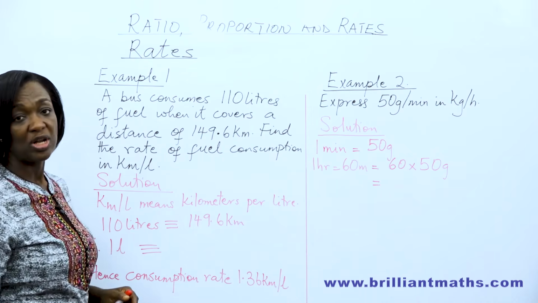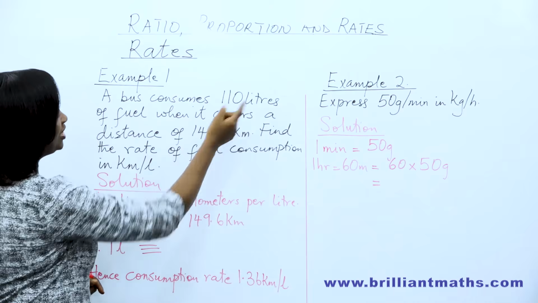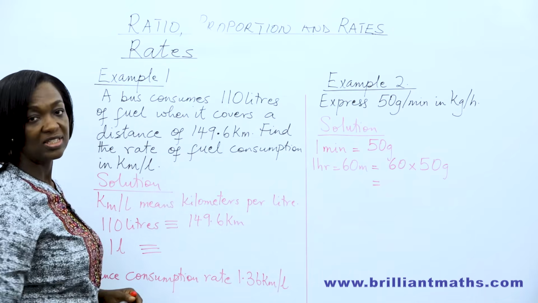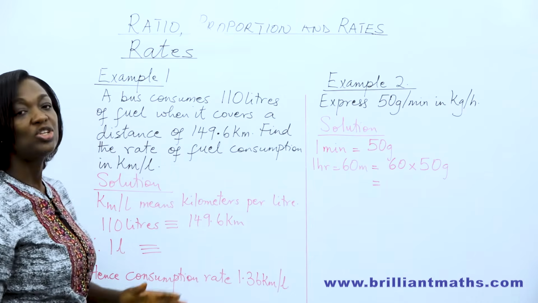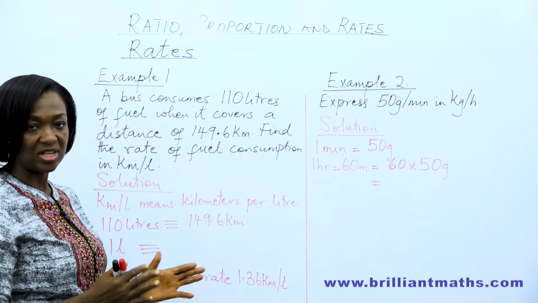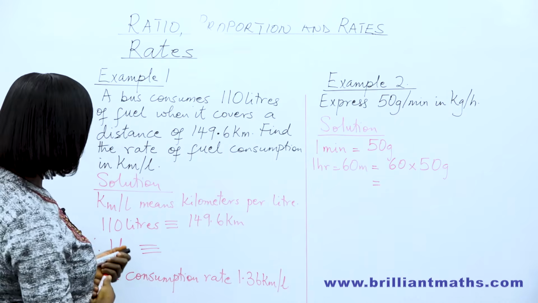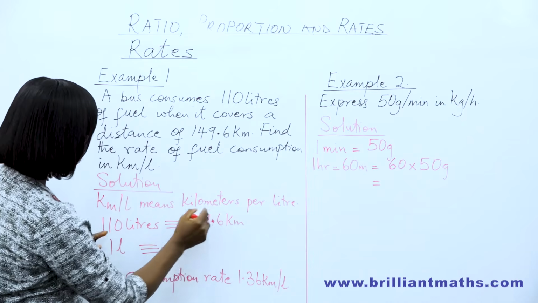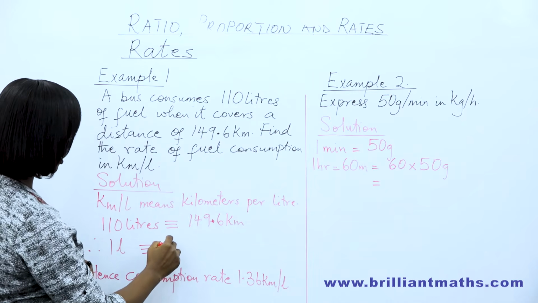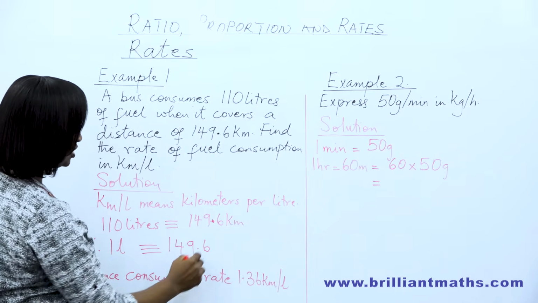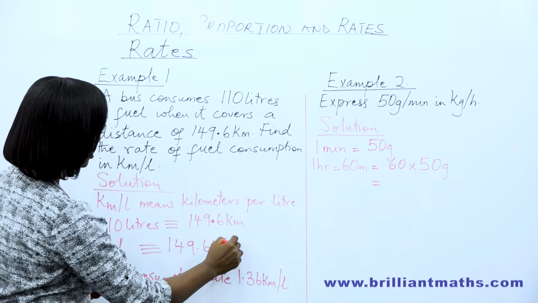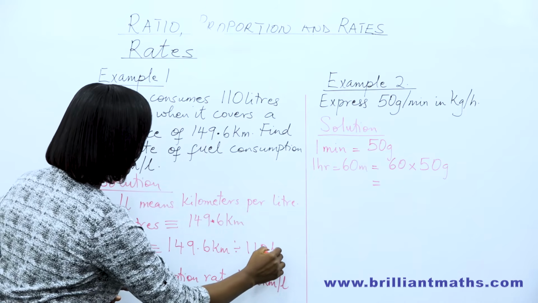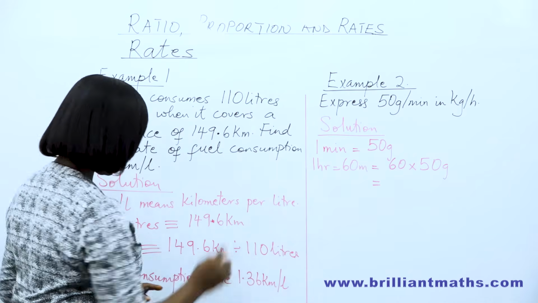All right, so what do we do? We write down the information that we have already. 110 liters travels 149.6 kilometers. So, assuming you have only 1 liter, what distance would the bus cover? So you divide 149.6 kilometers by 110 liters. And that gives us